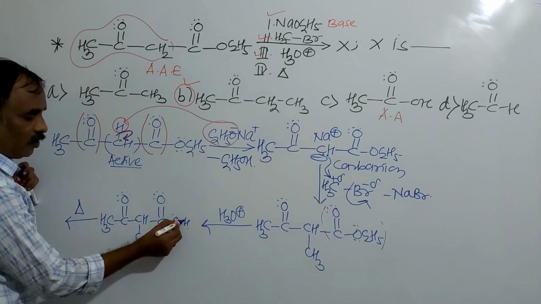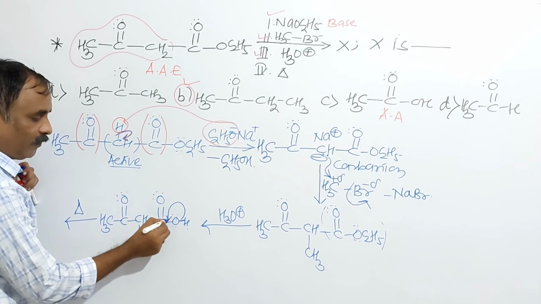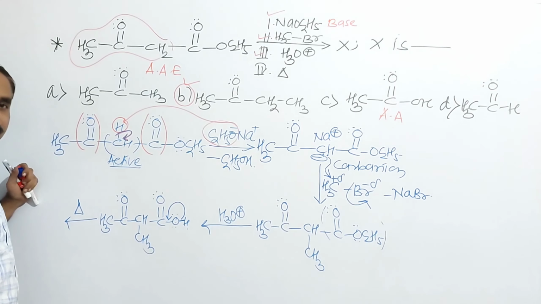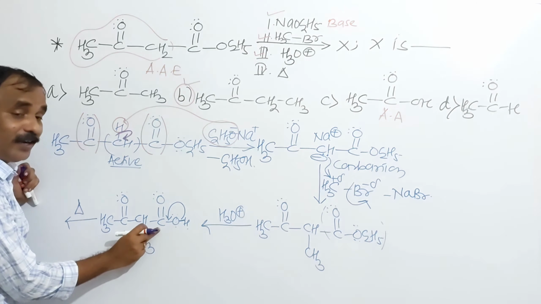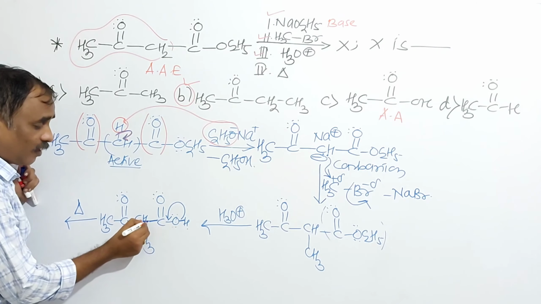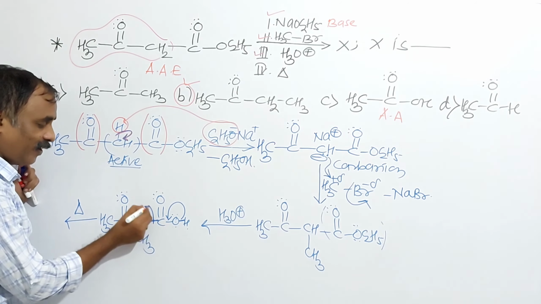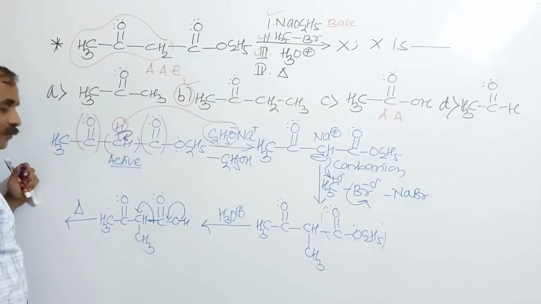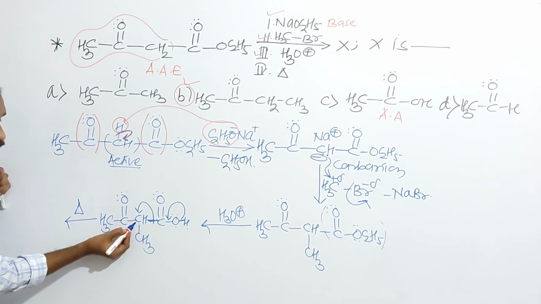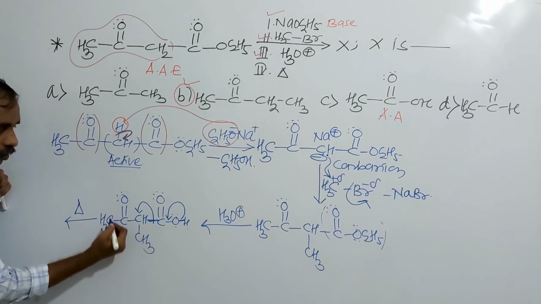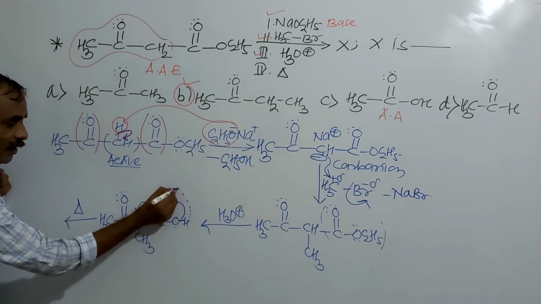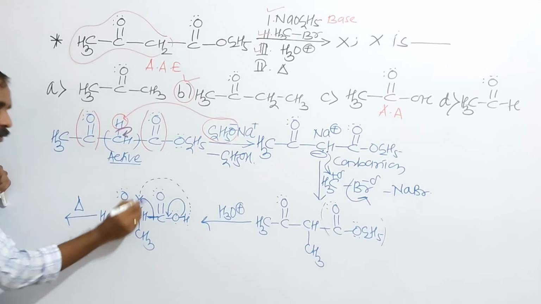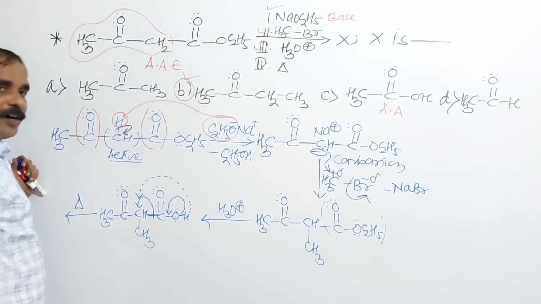Breaking of the oxygen-hydrogen single bond, shifting in between carbon and oxygen. Now here a double bond forms. Carbon would be pentavalent, so the carbon single bond breaks and electrons shift towards this carbon. So this carbon is negatively charged because it is an electron pair acceptor. Here hydrogen is positively charged. So this H plus will get attached to this carbon, and the corresponding ketone forms.